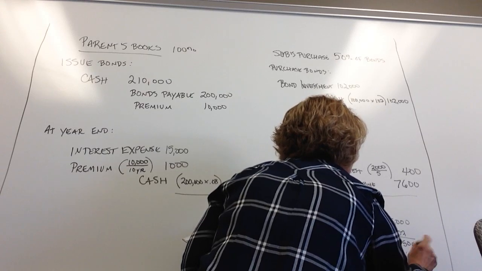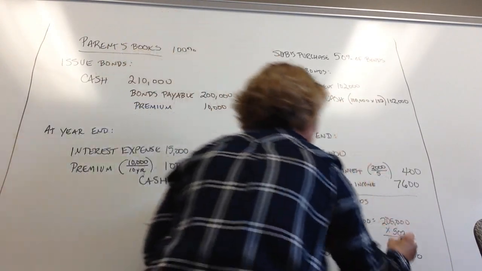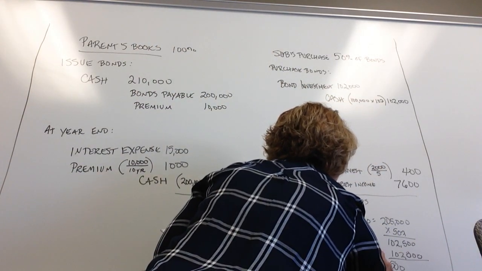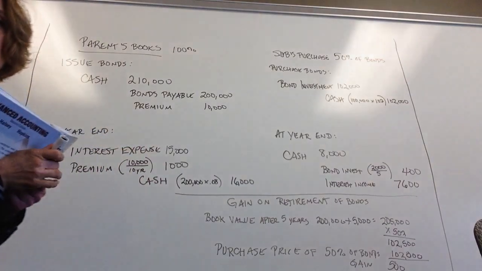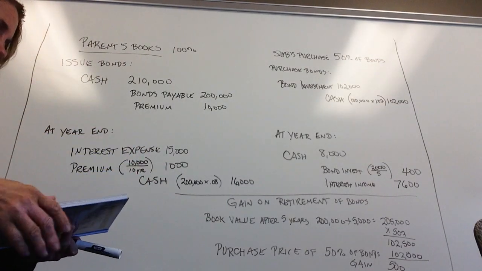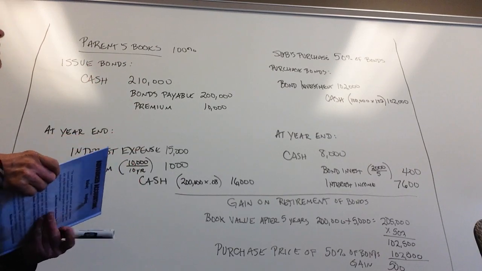Whoops. If we look up there at what they paid. So then we would have a $500 gain. So then you kind of want to do that work also to figure that out, and that is one of the things it asks us for. Compute the amount of the gain. So it would be $500, and then